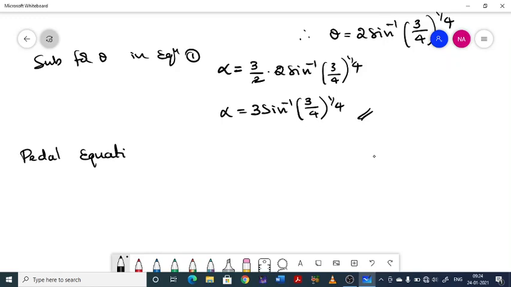So first we need to know what these pedal equations are. Then we can try to solve problems on pedal equations. So what are pedal equations? That comes to a question. This has another name that helps us to find why this is called pedal equation. Pedal equation is equivalently called the PR equation.